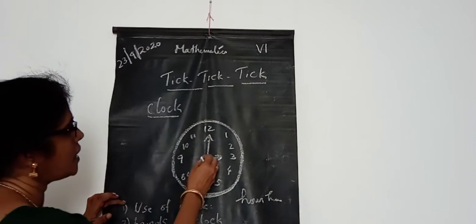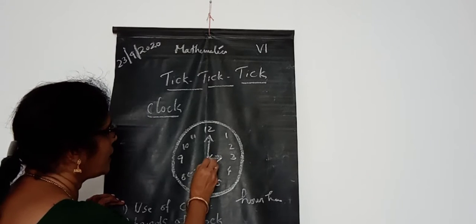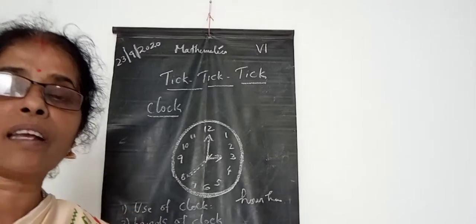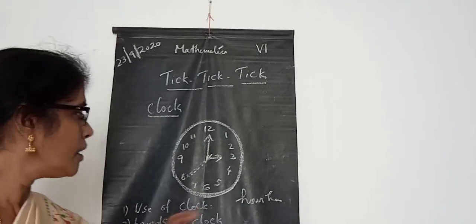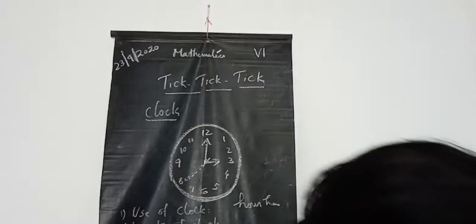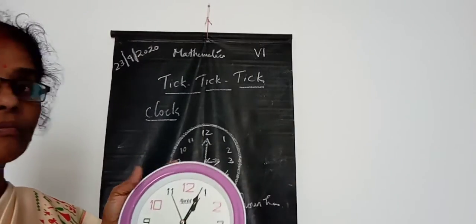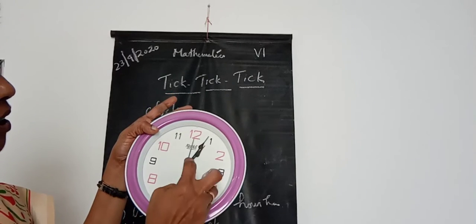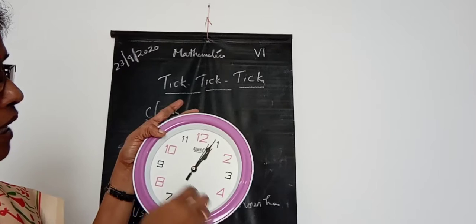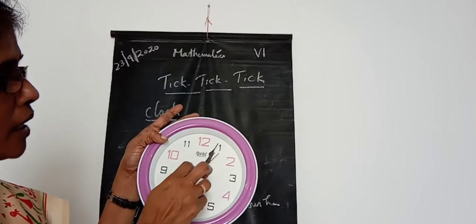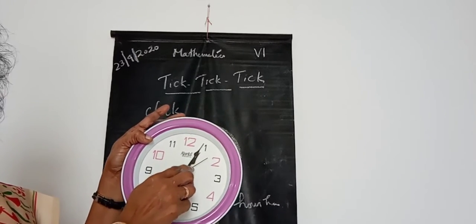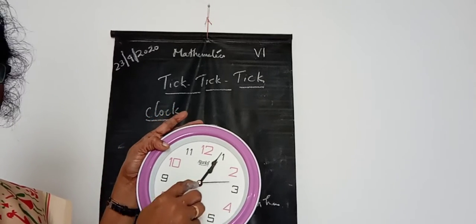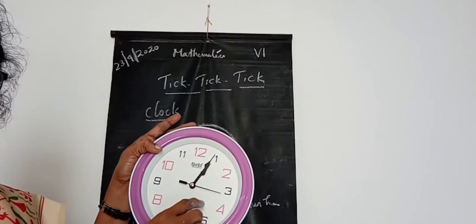And one more you can see in that clock. What is that, children? Yes, you can see it like this. One more you can see, that is the second hand. So mainly three hands you can see here. Look here. This one is a clock. In this clock you can see one small hand and one big hand, and in addition to that, one more hand that is moving. Children, look here. This moving hand is the second hand.